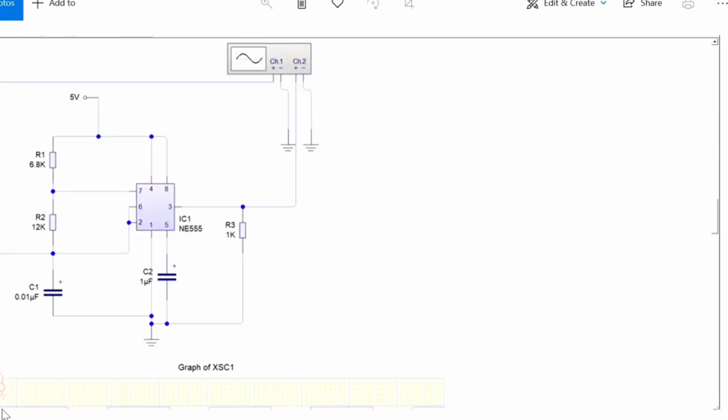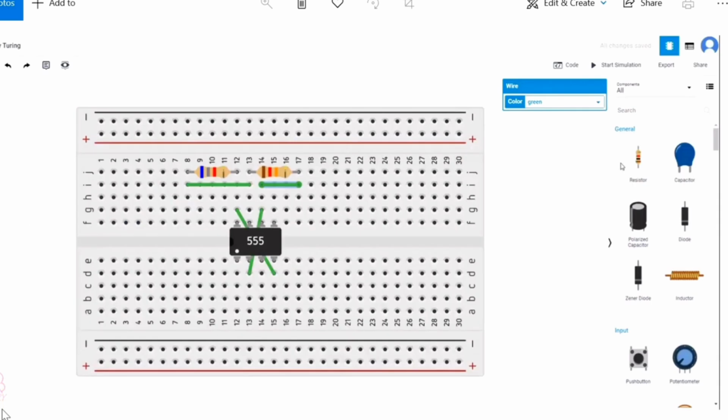So that next connection, come to R3, 3rd terminal to 1. Take a resistor, choose 1 kilo ohm, rotate the same, track it, and connect to 3, and connect the same to 1. From 1 to ground. For the ground wires, in order to make a differentiation, I am giving black color.